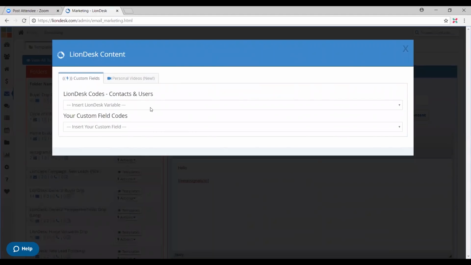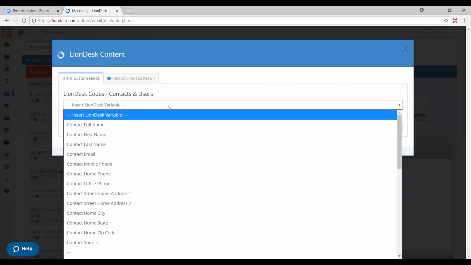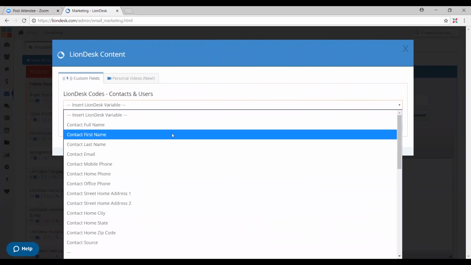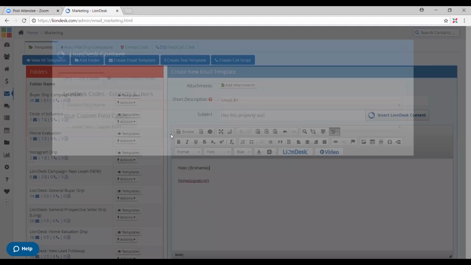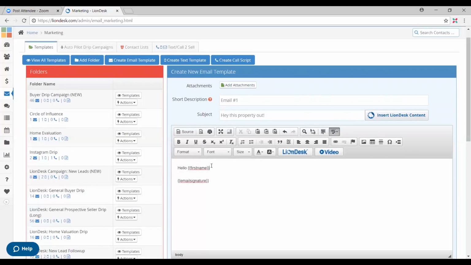Go ahead and click on Insert LionDesk Variable. Look for contact's first name, and you'll see it populate here in your email template. Now, the first name in brackets will pull in your client's first name. Chris, Deborah, Martha will be listed on here. You can also, once you set up your email template, go ahead and write